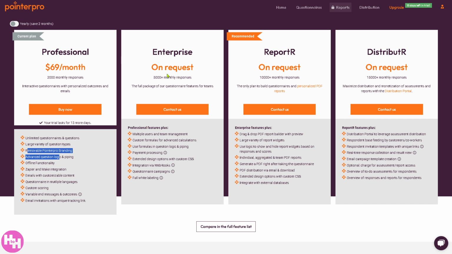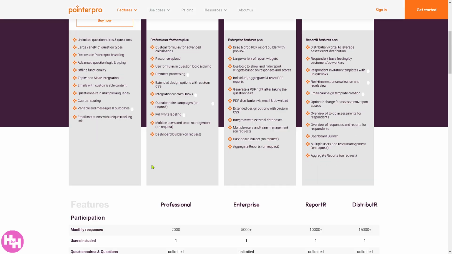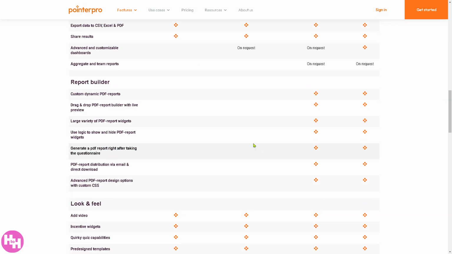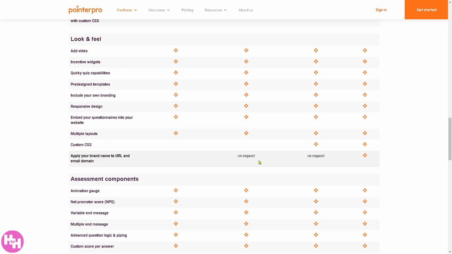For the enterprise, that's going to be on request, plus the report add-on and distribute add-on, because you need to contact the sales professional here in PointerPro so that they could give you a solution tailored to your budget, how big your company or organization is, and your goal, or what departments or areas you need help with. All right. So if you want to get more insights, these are going to be some of the information,